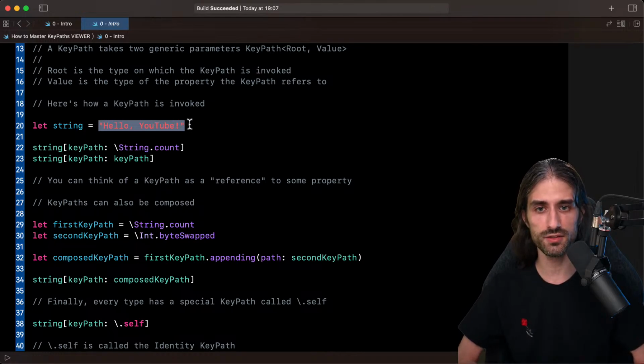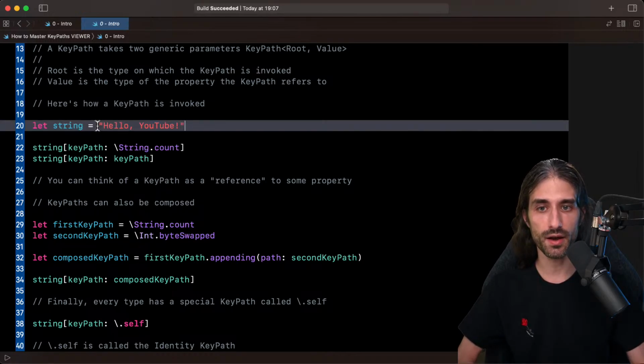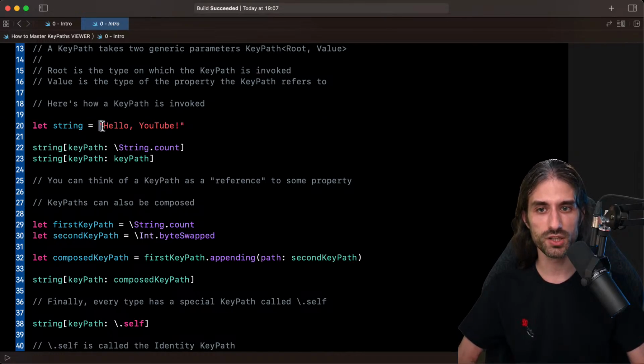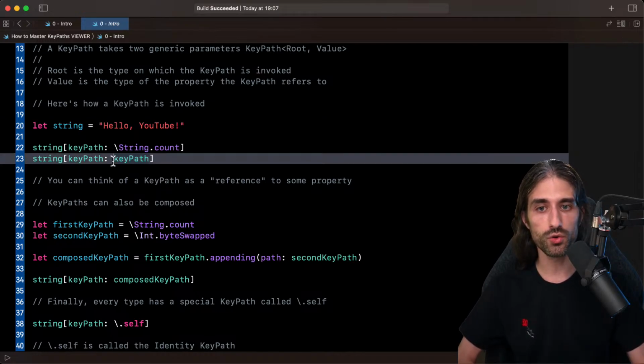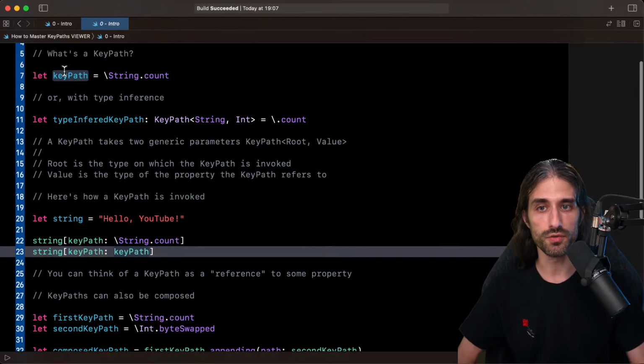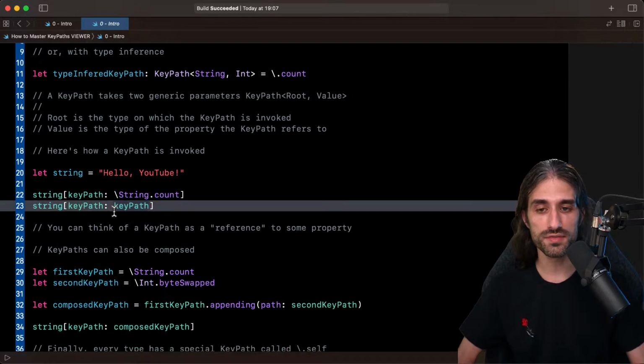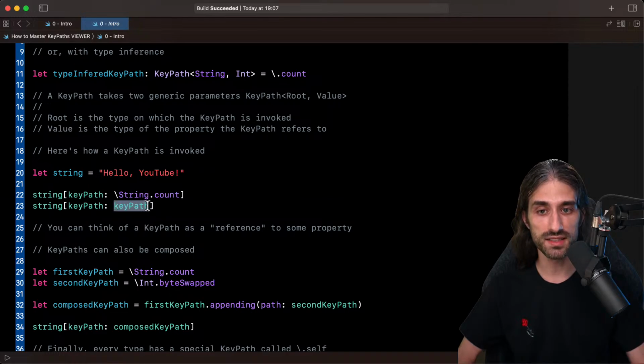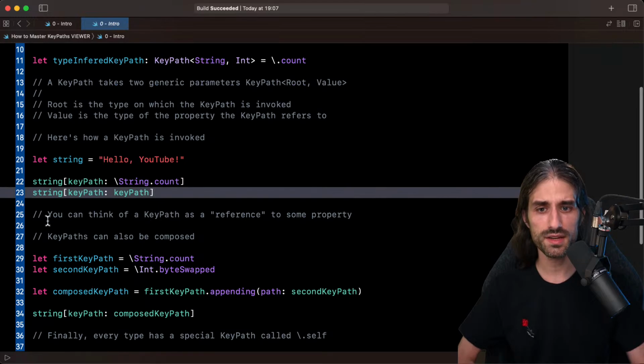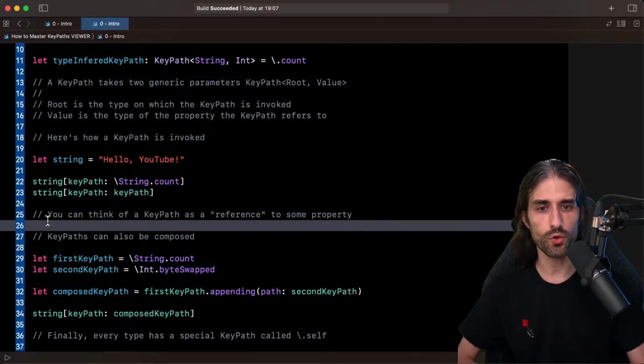A literal string is the value that you create by using the double quote special character in Swift. But you can also store a keypath into a variable or a constant like we did here. And then with this variable or constant, you can pass it in order to invoke the keypath. And so you can really think of a keypath as a reference to some property, and we will see a bit later that it's actually exactly what it is.